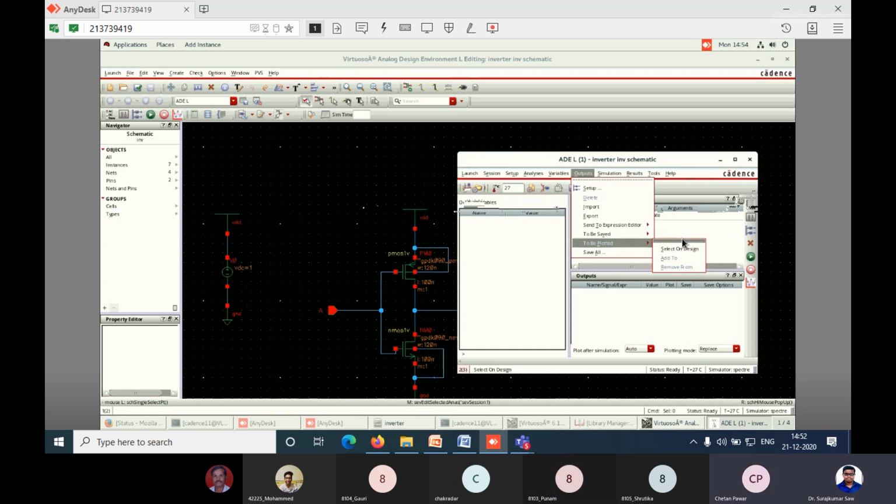PC number 8 and 9. On the bottom there is an ADE window. Yes, click on that. PC number 7. Don't click, please wait. Go up to here. Please wait for my responses. Then you click on that. PC number 8 and 7, you just click on that ADE bottom window.